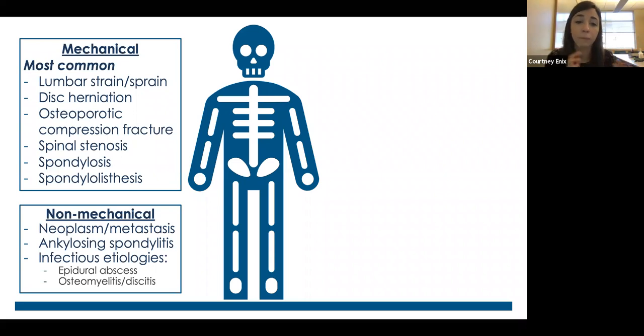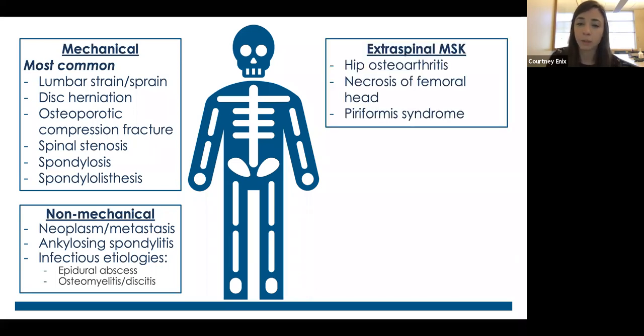There are also plenty of non-mechanical causes of low back pain. People who have any sort of history of malignancy or concern with malignancy, you should be thinking about metastatic disease as well. The most common cancers that will metastasize to bone are prostate, lung, breast, and kidney. Those are the most common ones you should be thinking of. Multiple myeloma would be something else to be thinking about as well. Ankylosing spondylitis, and then certainly infectious etiologies as a cause of back pain, and certainly something that you do not want to miss. An epidural abscess, which we'll talk about a little bit more in a few slides, is a do-not-miss diagnosis with this chief complaint.